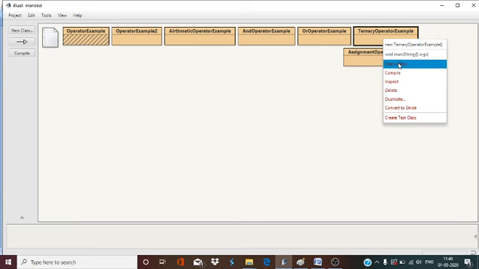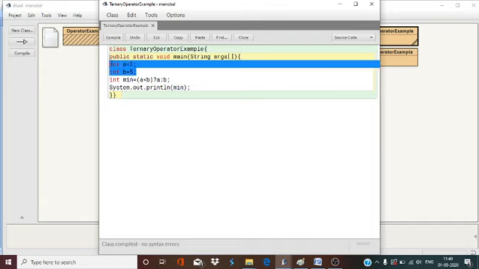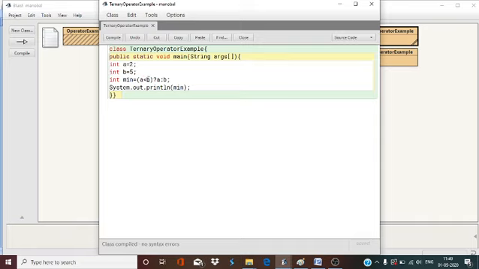Ternary operator. Open the editor. a equals 2, b equals 5. Now I want to find the smaller number from these two without if-else. So we can use the ternary operator. a is less than b, question mark, then a, else b. So it will store the minimum. What is the minimum value? 2 is the minimum value.